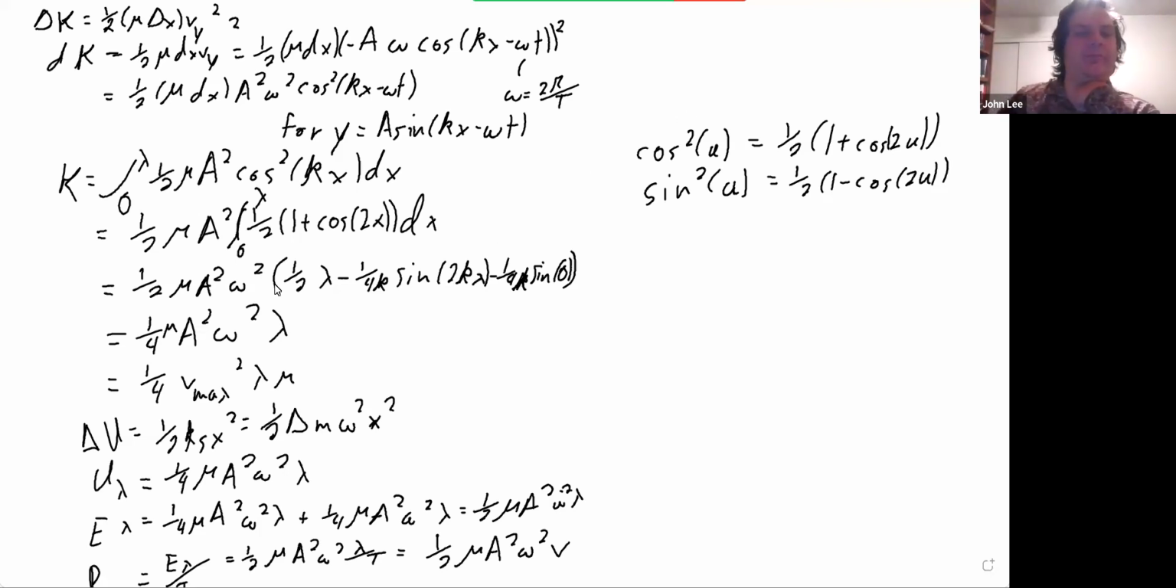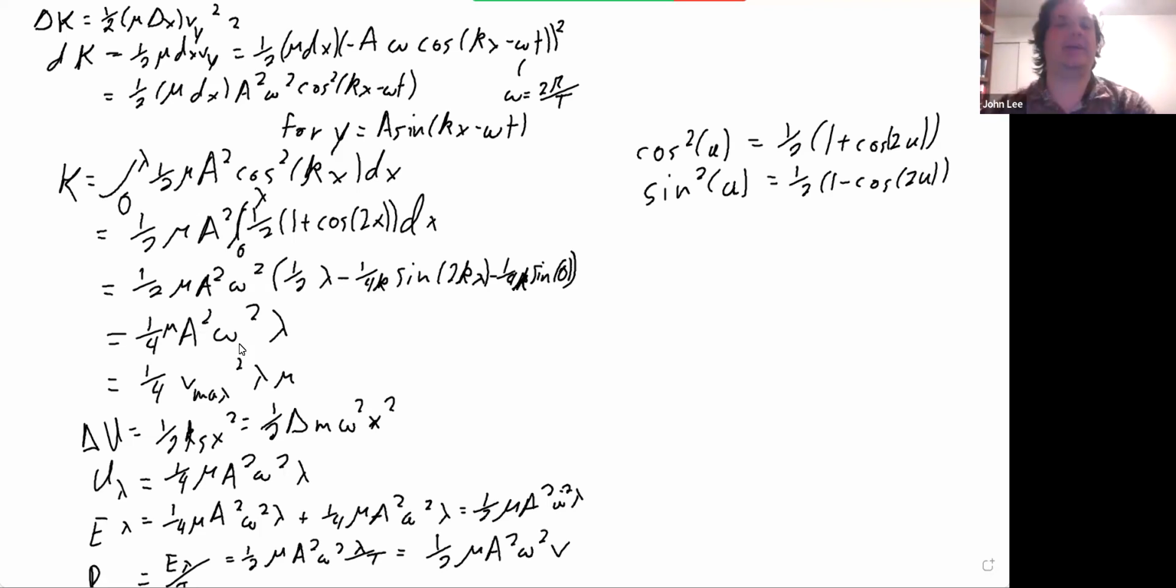So we integrate that, and we find that the final kinetic energy over a wavelength is 1/4 mu A squared omega squared times lambda. And then the potential energy at any given time integrated over a wavelength is going to be 1/2 ks times x squared, because you're talking about a spring. So we're going to model it as a spring with 1/2 delta